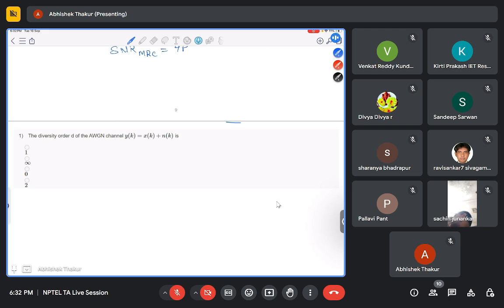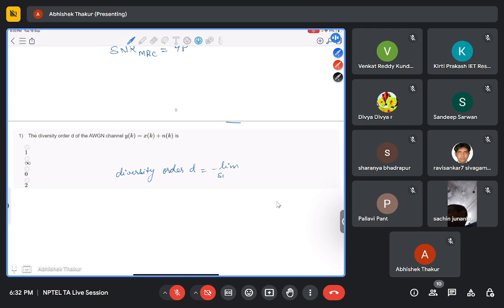So we'll first write the formula of diversity order. As we studied in the lecture, the diversity order D is given as